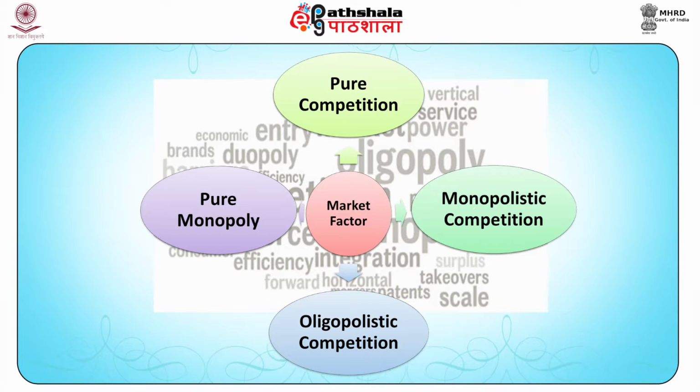For example, in case of pure competition, which is a market structure characterized by many buyers and sellers who have little effect on the price because sellers are trading in a uniform product such as wheat, financial products, etc. Monopolistic competition.